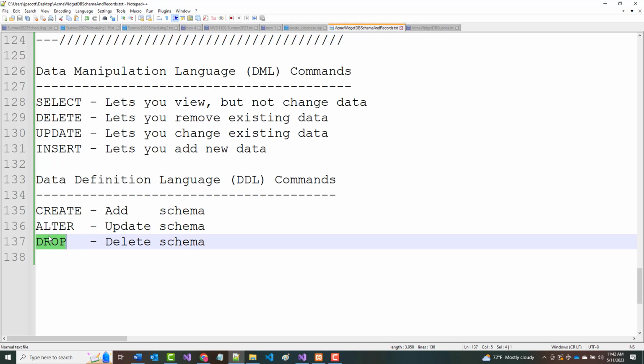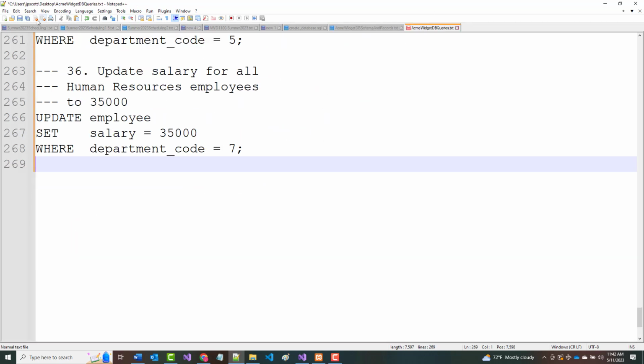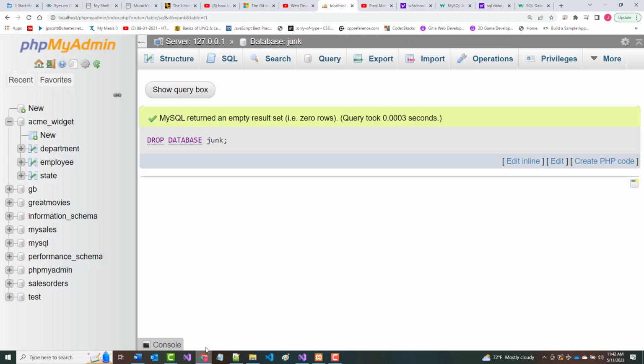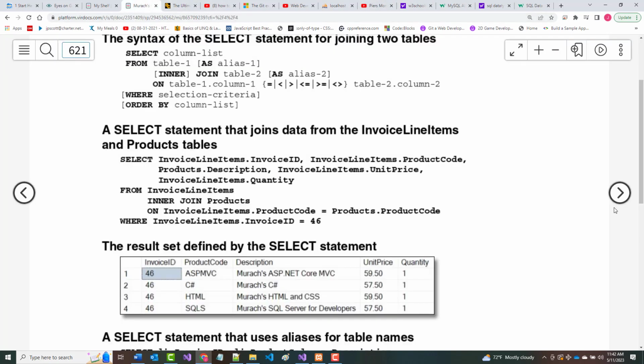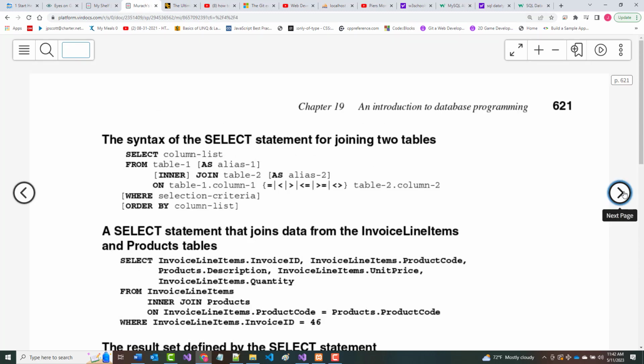So we've gone through a lot. We have not gone through everything, but hopefully this will help your understanding as we head back into our book in just a couple of moments. And when we head back into the book, let's see. We're going to head back into the book, and when we do,